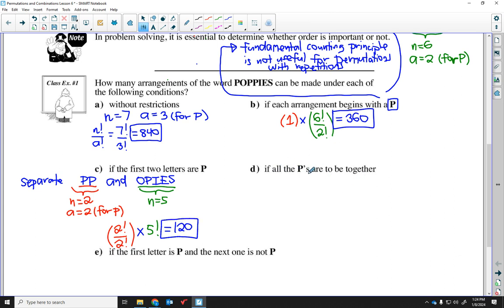Okay, now D, this gets a bit tougher. It says all of the P's have to be together. So there are a lot of different spots where the 3 P's can be side by side. Now I'm going to do one scenario where I start them at the beginning. So I'll say, consider